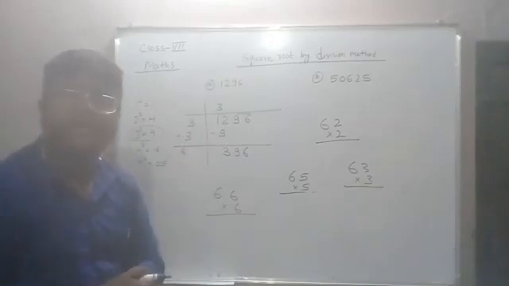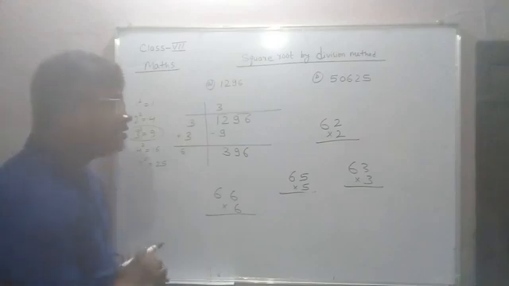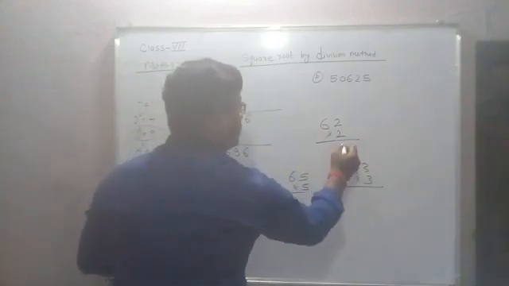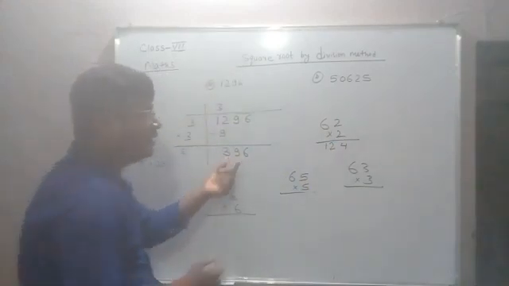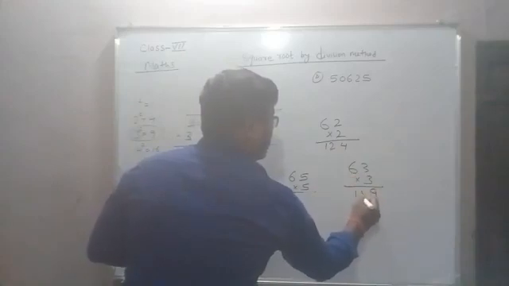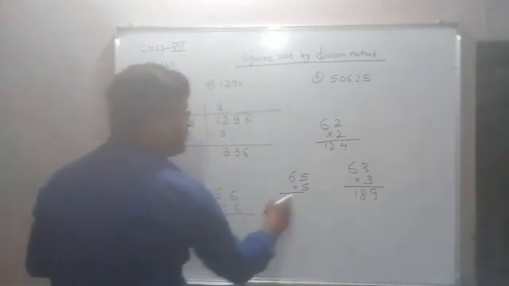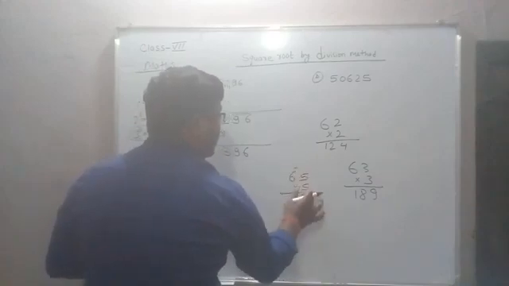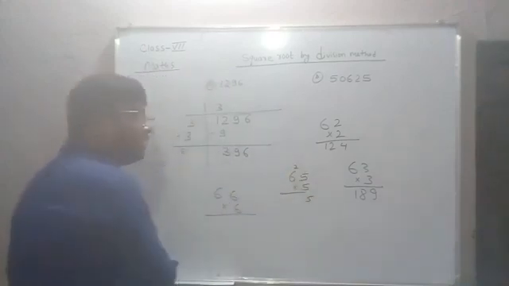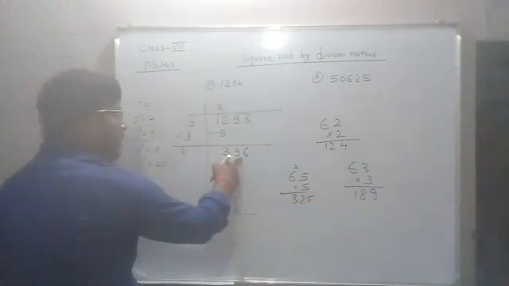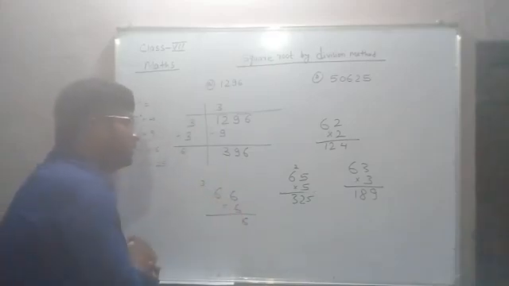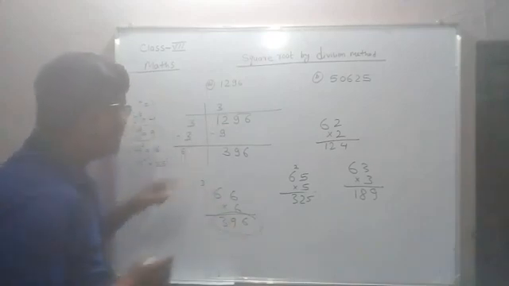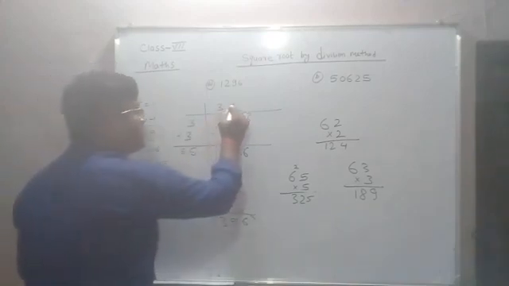But what is the correct number here? Okay, we have to think. Suppose if we multiply this by 4, what will we get? 4, 12, 124. It is much greater. Let's check by 3. It is still greater. Okay, 5 5s are 25, 5 6s are 30, plus 2, 32. It is closer to it. But let's check for this also. 6 6s are 36, 36 plus 3, 39. We got exactly. Okay, but if we write 6 here, we need to write 6 here also.